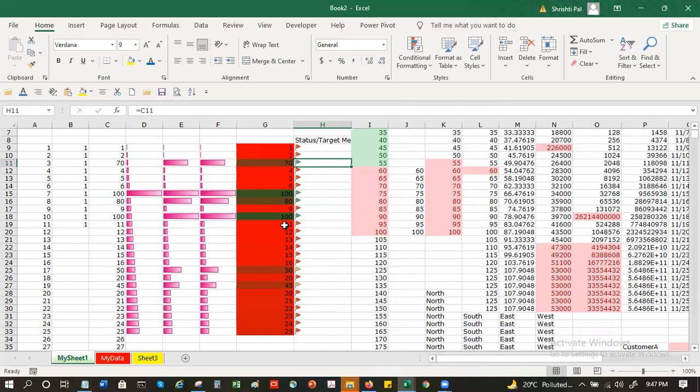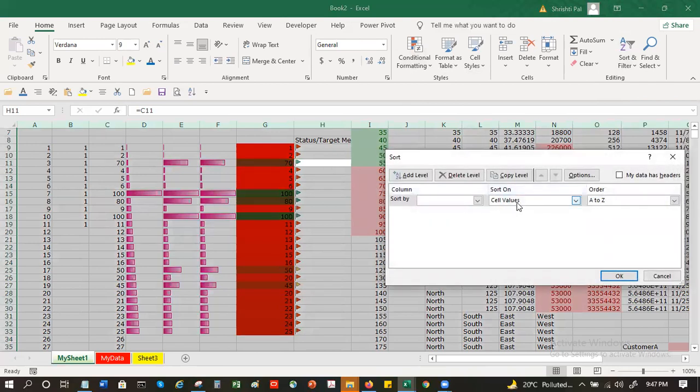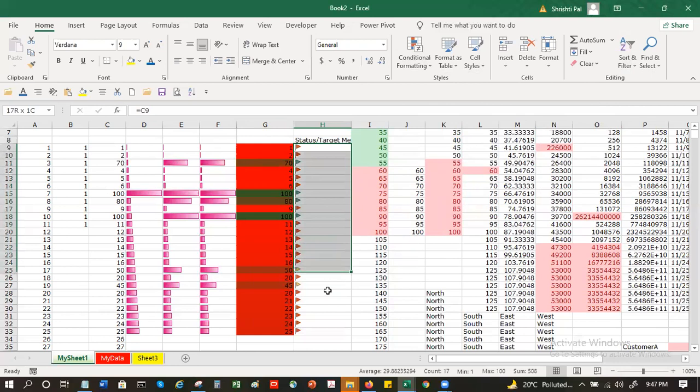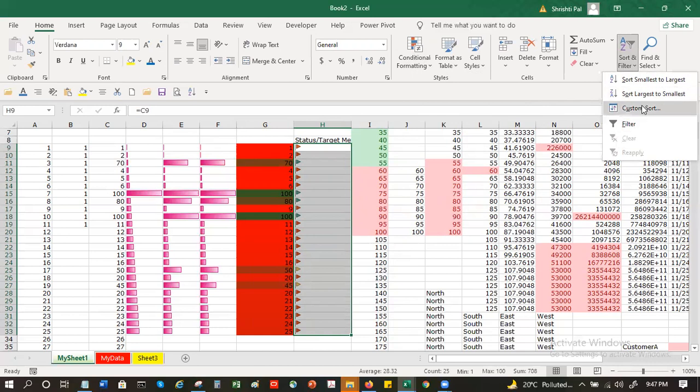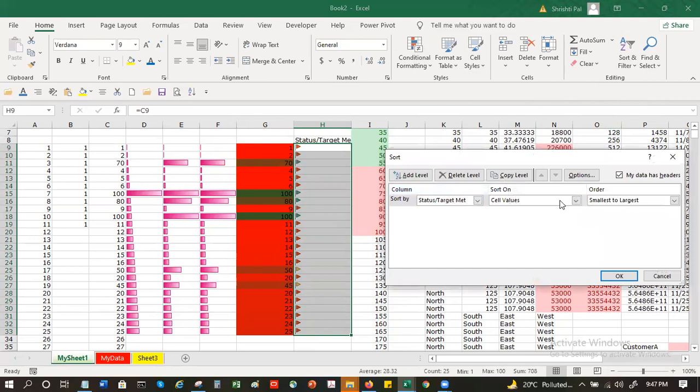And at a later point of time, if you remember, we had said you can do sorting also. You can do a sorting based on the conditional formatting icon. So you can say your green ones, okay.